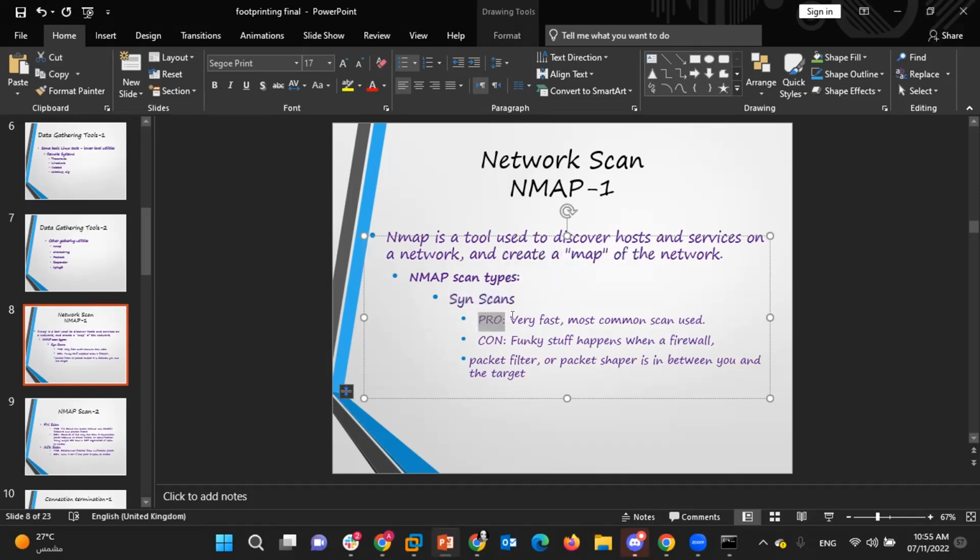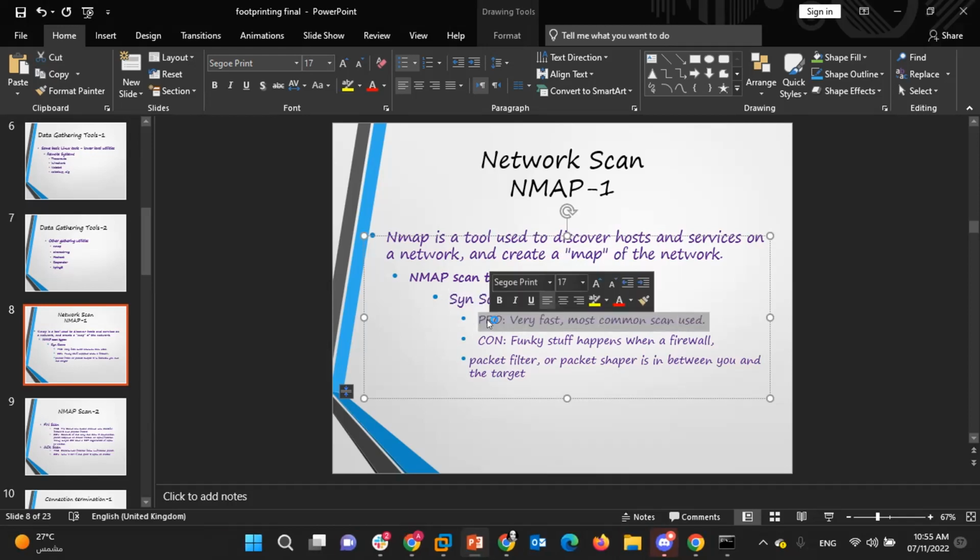The advantage of this scan is that it is fast and the most common scan used. All of the attackers